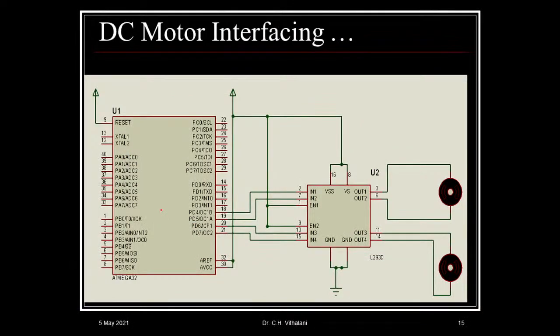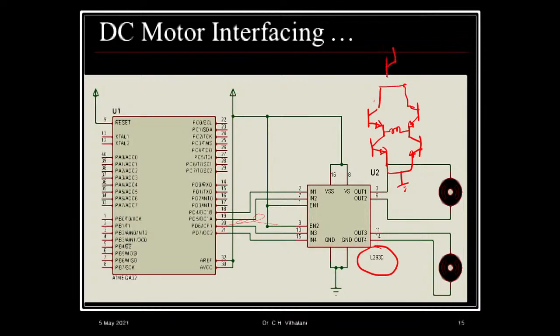So this is how the DC motor driver will look like. It has an L293 IC, which internally has two H bridges. So inside this IC there is an H bridge like this. If you look at the internal construction of the IC, it has two H bridges like this. And here the motor is connected, and here there is an enable pin.